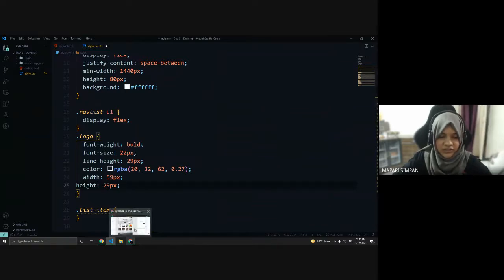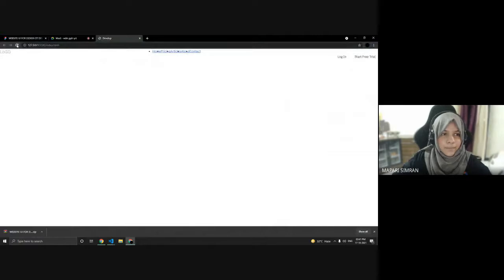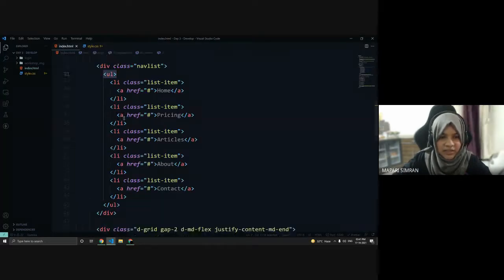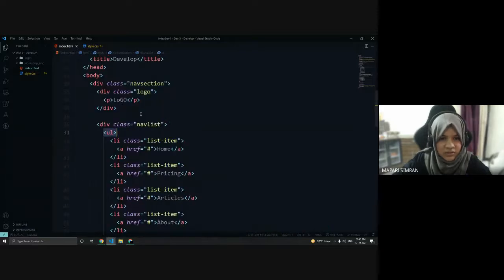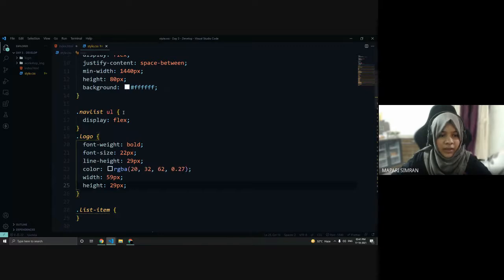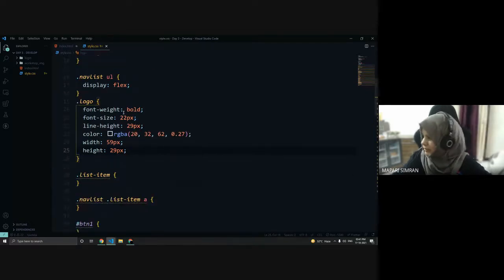So now let's check. So this logo, I have written a small O there. We can convert that to uppercase by CSS also, but let's just make it from here. Logo. Okay. And now I think we are done with the logo.